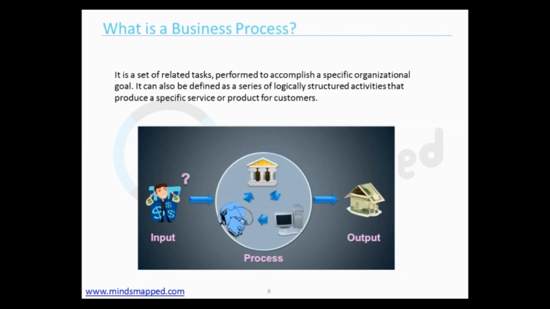So if I consider an IT domain, the IT domain is completely derived from three different aspects. The first aspect is the process, the next aspect is the business, and the third aspect is your technology. Now, when I say business, business is nothing but a domain. A domain could be anything, could be your retail domain, could be your banking, could be your insurance, healthcare, could be your e-learning domain, could be anything.